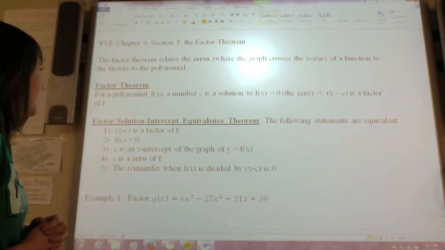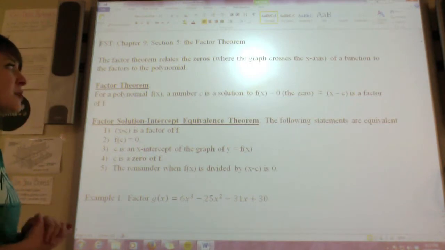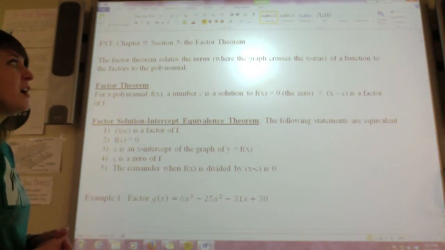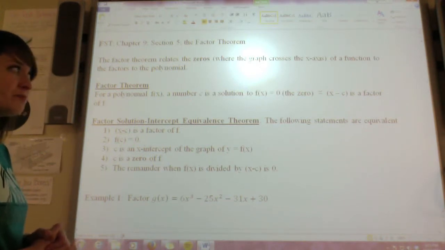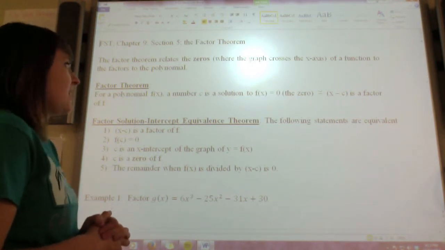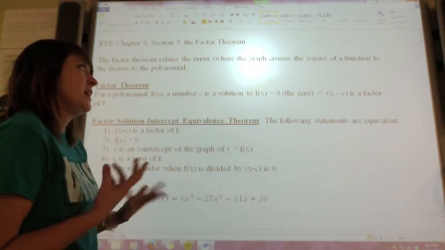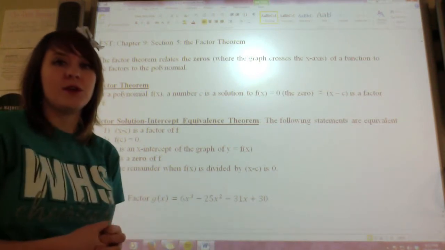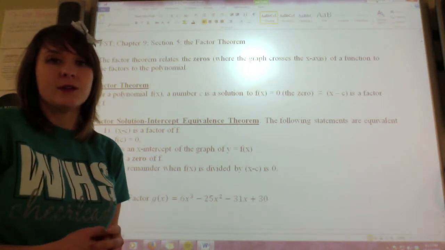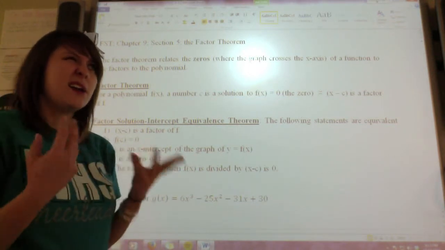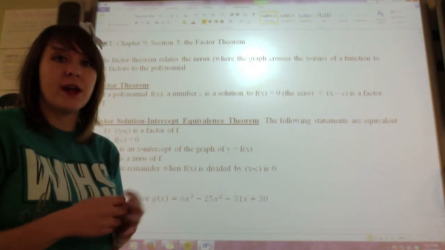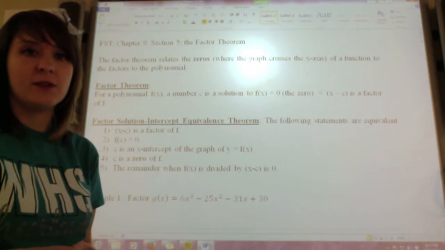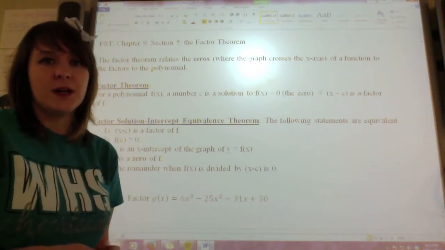So the factor theorem states that for a polynomial f of x, a number c is a solution to f of x equals 0 if and only if x minus c is a factor of f. So essentially what that's saying is that c, which is like our factor, is a solution to the equation when y equals 0. In other words, I kind of like to think about it the way we talk about quadratics. So you know that when we solve for the roots of a quadratic equation, we're setting our y value equal to 0. And that's how we use the